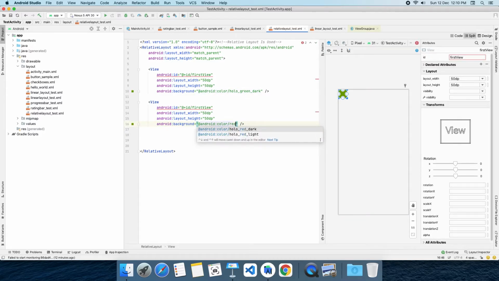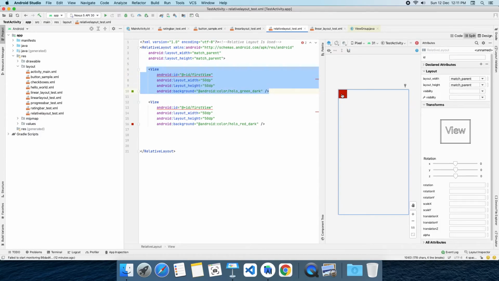Change this color to red. Now see, these views are again rendering on top of the existing one, because as we discussed already, relative layout by default renders all items on the top left. So this item also renders, this item also renders. This is the first view. Make this ID the second view.